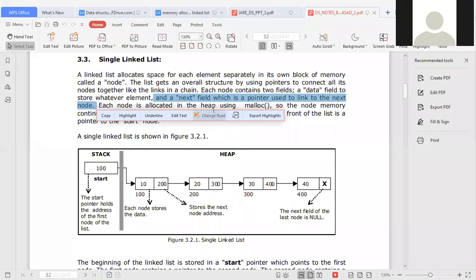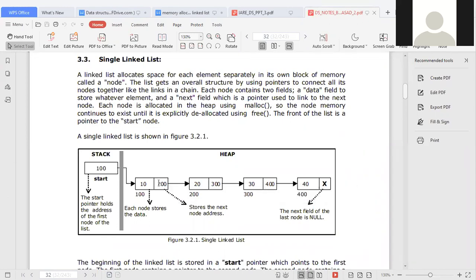And what is the next part? What is the other one? Node, sir. Node లోనే ఏంటిది? ఈ పోర్షన్ ఏంటి? Each node contains 2 parts. One is data and the other one is this one. అంటున్నా ఏంటి చదువు? Pointer, sir. ఇది ఏంటయ్యా? Read the line which was highlighted by me. Next field which is pointed use it to link the next node. అంతేనా? Yes, sir. సో ఇక్కడ ఏ వాల్యూ ప్లేస్ చేస్తుంది ఇక్కడ?